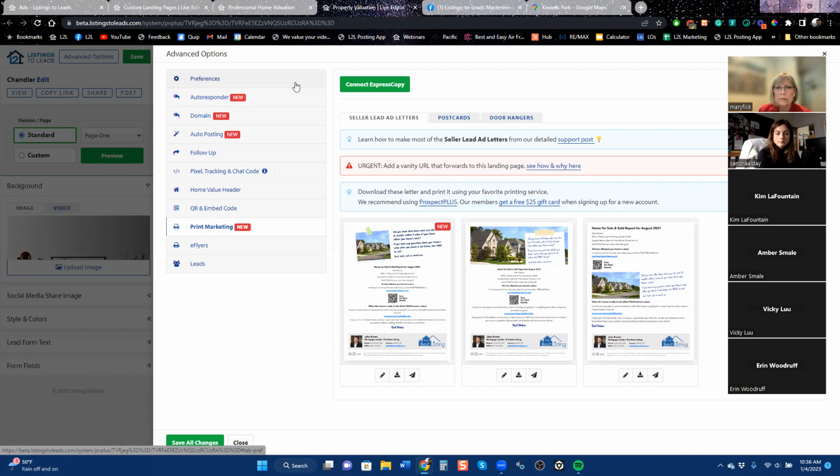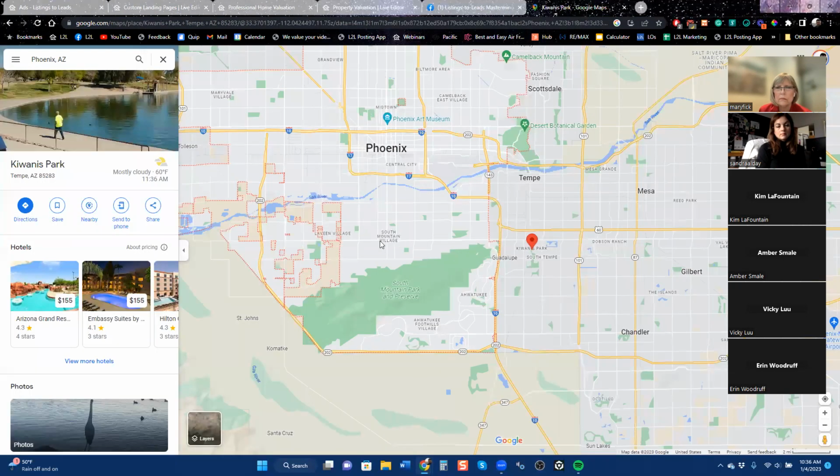Another good thing to think about as you're developing your CRM is that you should tag those people in that area. Hey, we've got something new happening here. I want to make sure that in my CRM, I've got them all tagged so I can blast them: hey, we just got a new listing in this area, or hey, we just sold a home. So your CRM,